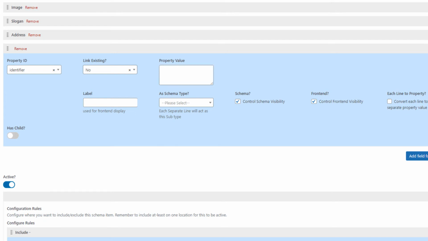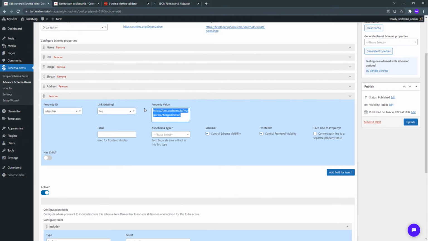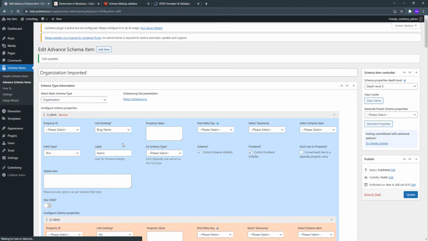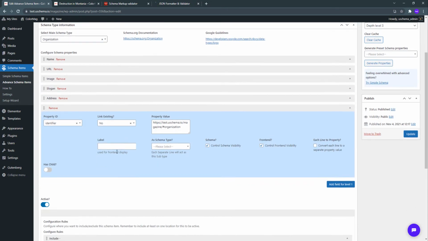So I'm using a URI. Let's put it here and add an identification like this. This is a URI, and this is going to be my identification mark for this schema property of organization. So I'm copying it and saving it. Okay, one step is done, and I can check that it is appearing as an ID. Let's put a label as well, so we know it is an ID.